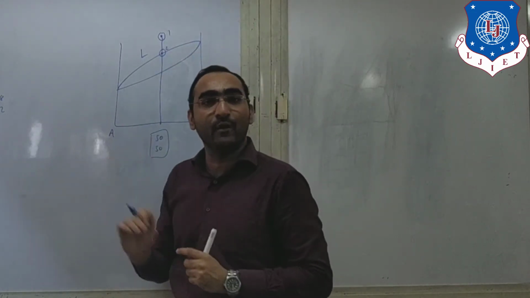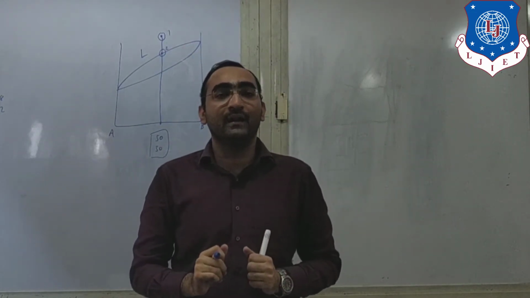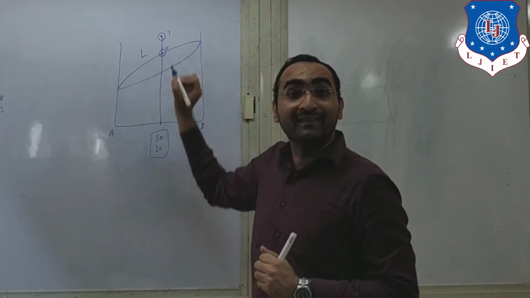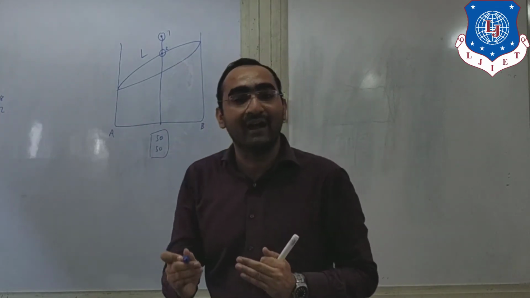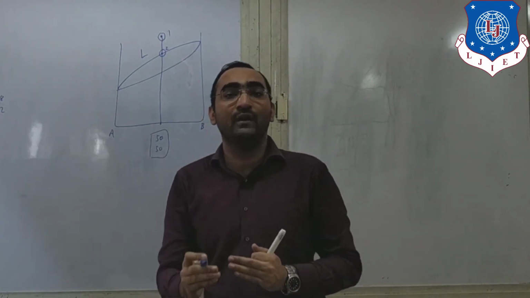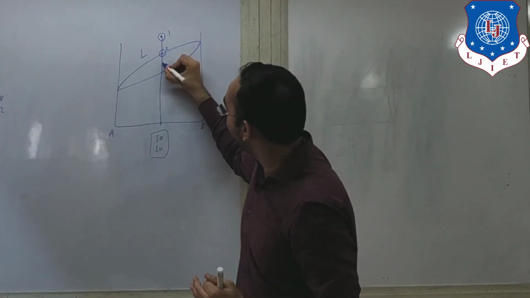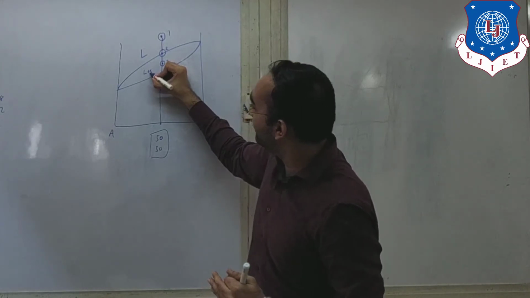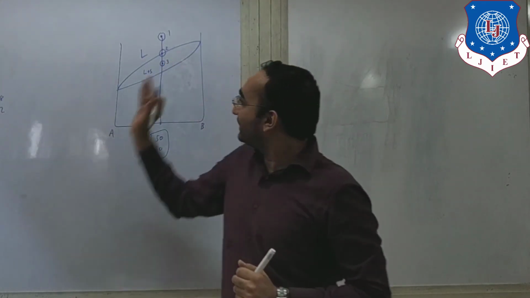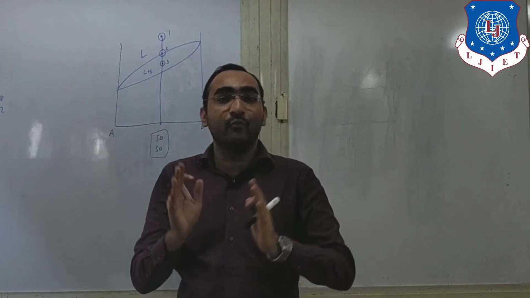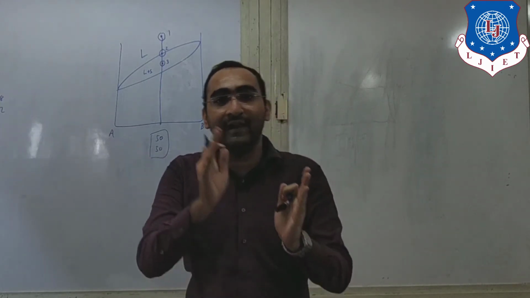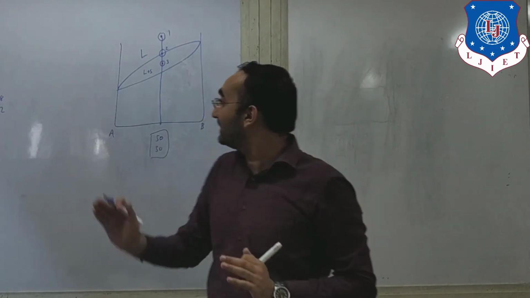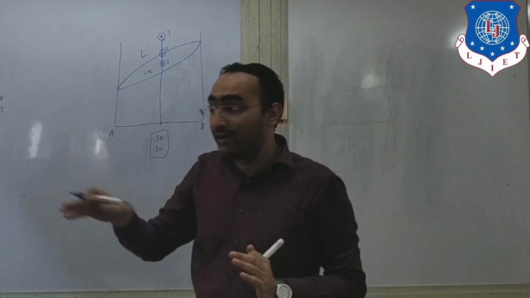What does the second point indicate? The second point indicates that at this point the solidification starts. Then if we come lower, there is a third point which falls under the liquid plus solid region. So this third point indicates that both the phases are there, that is liquid and solid, both phases are present at point 3.